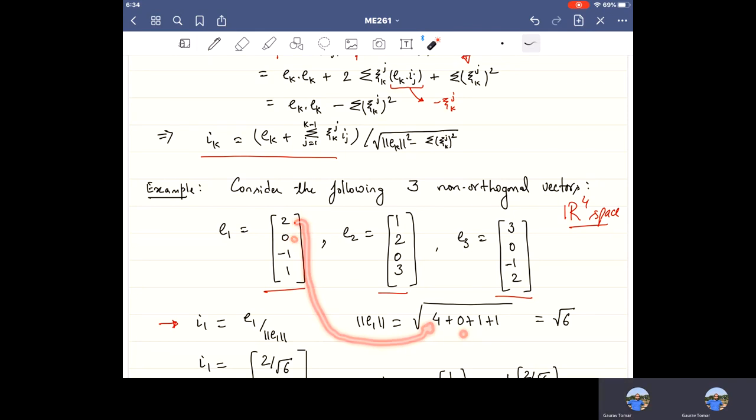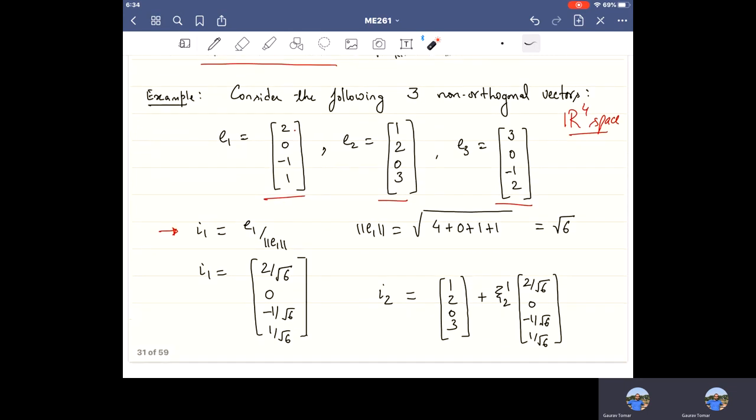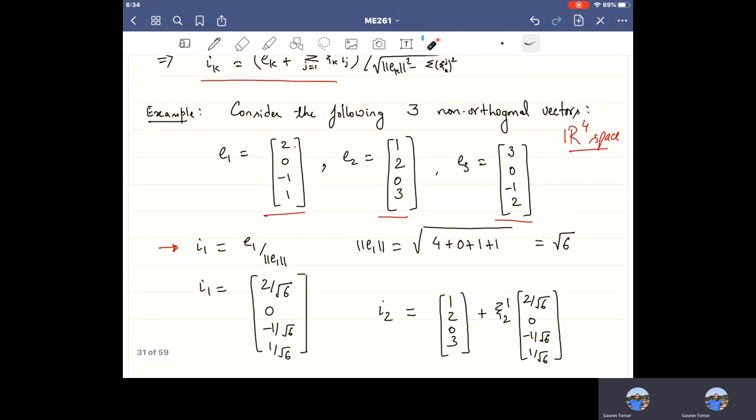It's going to be 1. And finally, 1 square, which is this. So you get root of 6. Okay. So the normalized I1 looks like this: 2 by root 6, 0 by root 0, minus 1 by root 6, and this. Now we want to construct the next vector, I2,